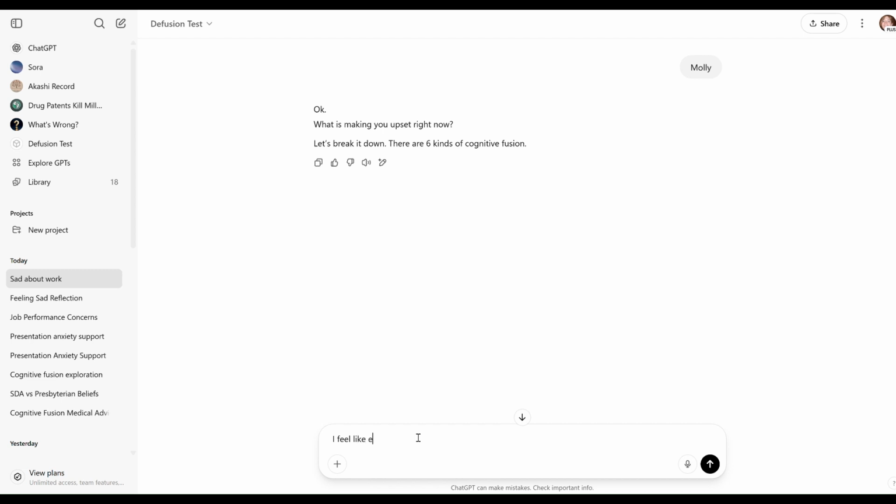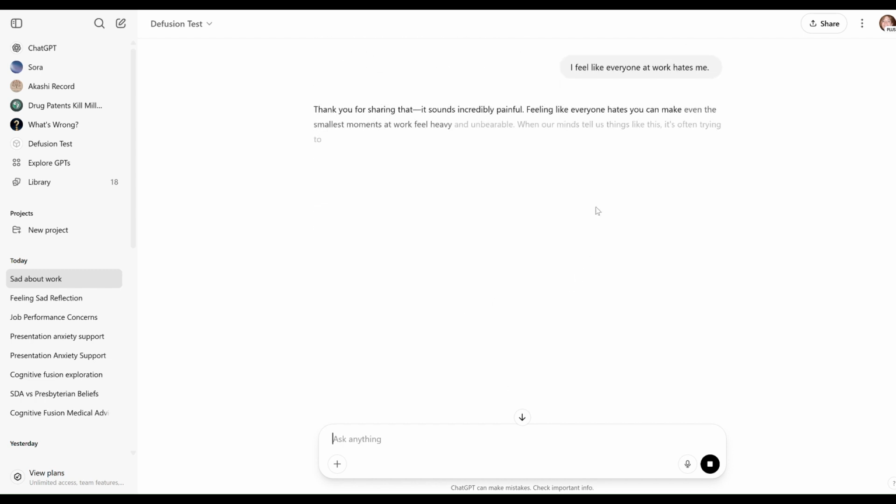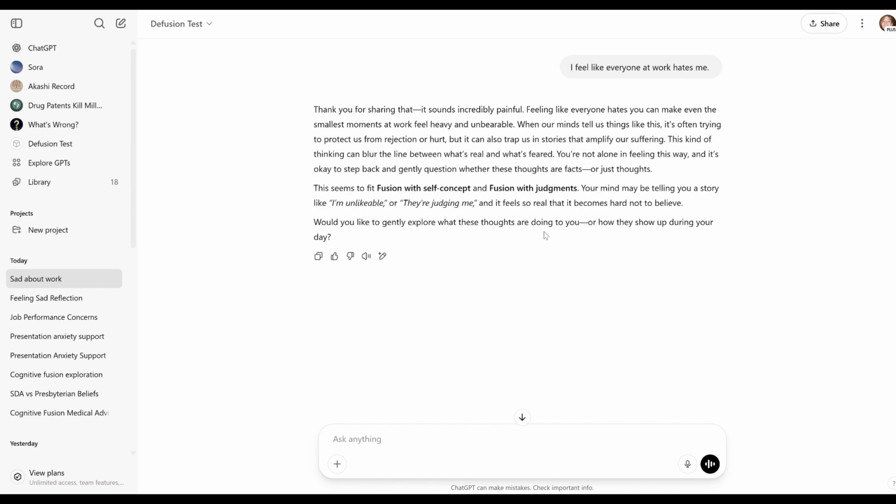I feel like everyone at work hates me. So then it's going to pick from the 6 types of fusion, and it says it's fusion with self-concept and, because it can offer to, fusion with judgments. So let's